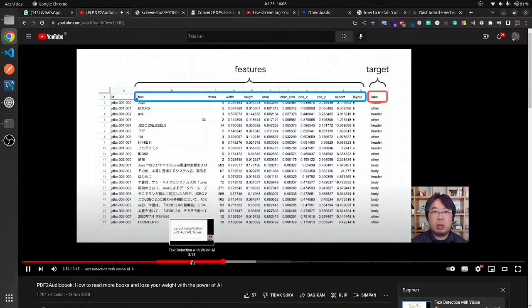In this demonstration, I have used features like this. These are the features you got from the OCR result. I have used the text of each paragraph, the number of characters, and the width and height of each paragraph. That gives you the area of the paragraph, which means you can also get the character size of each character. And you can also use features like the X position and Y position of each paragraph, aspect, layout,